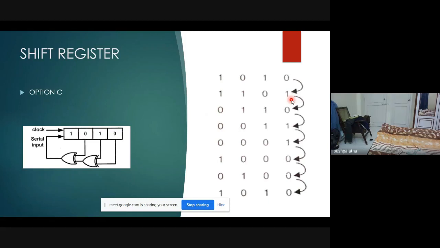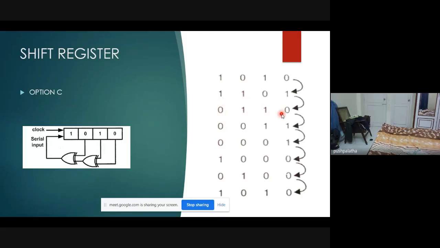Understand? Again now you take these two bits, 0, 1. When I take 0, 1, the bits are different, so the output of the first XOR gate is 1. And again here I am feeding 1 as per this 1. So here this is also 1. Both are same, inputs are same means it is 0. So in the third one we are giving the serial input as 0. Now this is 1 and shifting to 1 and it is 0.